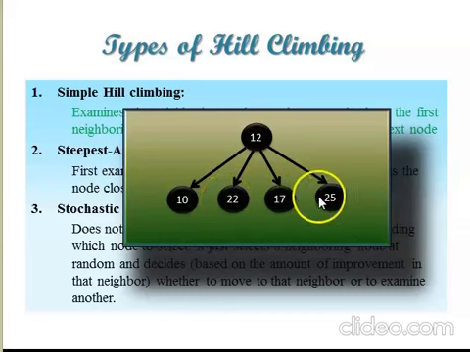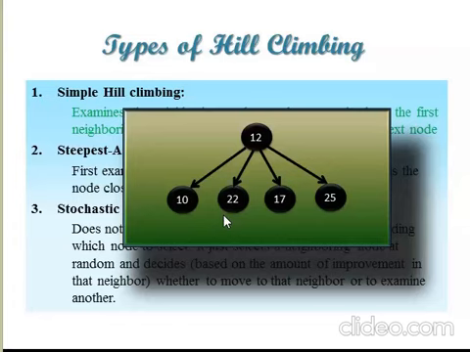So these two will not be taken care of. Even though we have a better value available, this will not be taken into account. So in the next stage, it will be exploring from 22 because 22 is the new current state. And this will be carried on again and again as we have to reach the topmost point on the hill. This will be carried out until we have a situation where no operators are available for upward movement.